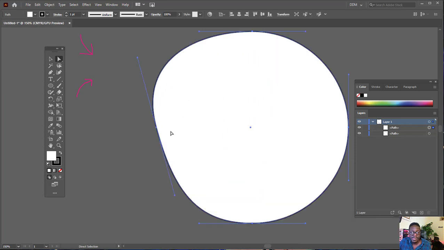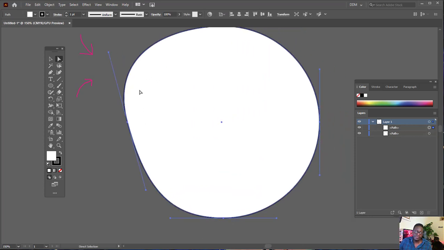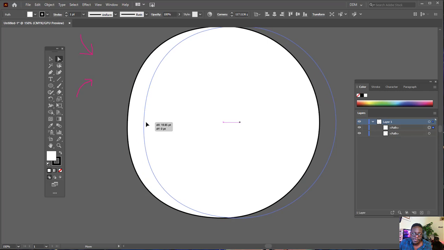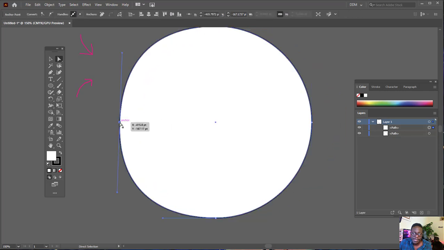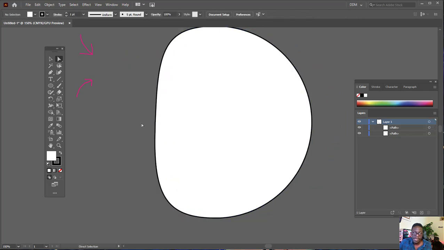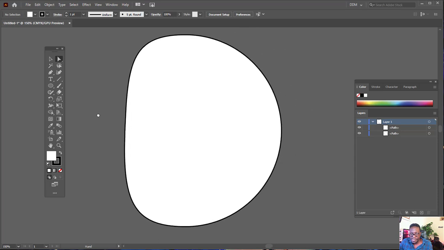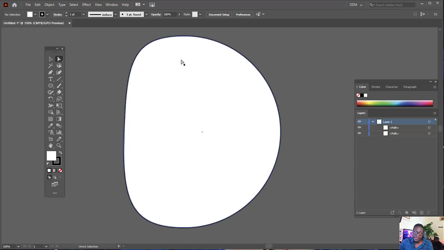It's using a combination of algorithms to display the artwork. Because of that, I can manipulate these handles and it would actually change or manipulate the anchors that make up an object. Now the next thing to understand about Illustrator is that every object that exists in Illustrator, every vector object, will